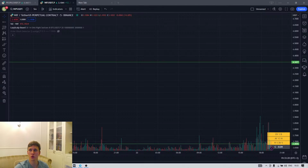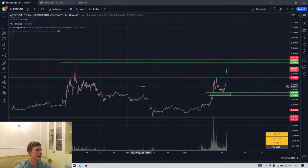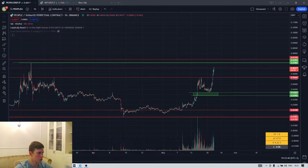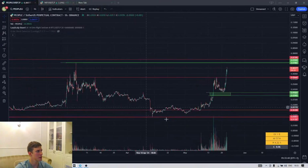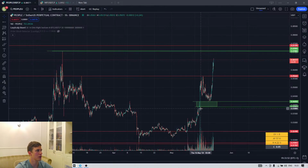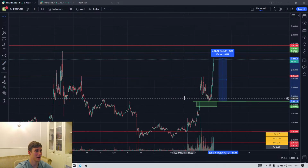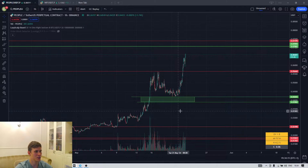to watch the instruments. Especially with our students, we often discuss investment ideas based on zones trading. Yesterday we selected PEOPLE/USDT to place limit orders on Bybit, just to purchase this instrument for spot from this level, from this kind of zone. We are trading the zones not only on futures but on spot trading. So it's already giving about 60%. That's really good. I fixed most of my position, but as you see, I just want to show you